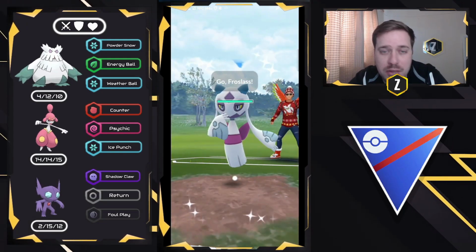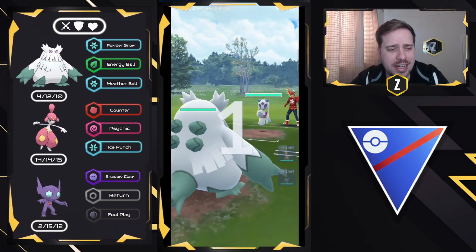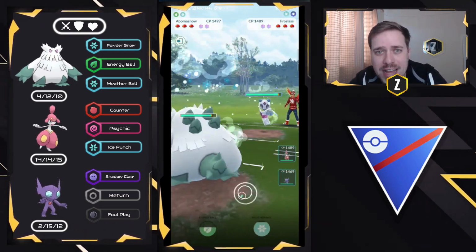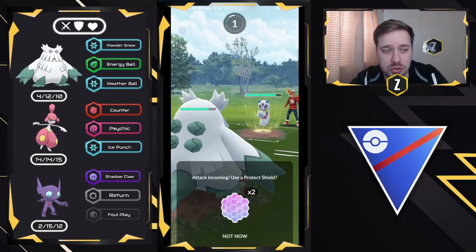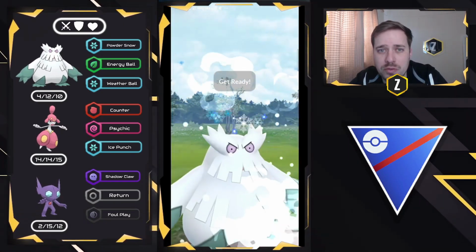Getting into the first battle, we have Abomasnow versus Frostlass. Not too bad of a matchup, but also not ideal. So what we're going to want to look to do here is go for an Energy Ball, as it will do neutral damage. Now the unfortunate thing for us is the Powder Snows here from Frostlass are doing neutral damage. We're going to go ahead and let this first Avalanche go through and look to go for this Energy Ball,